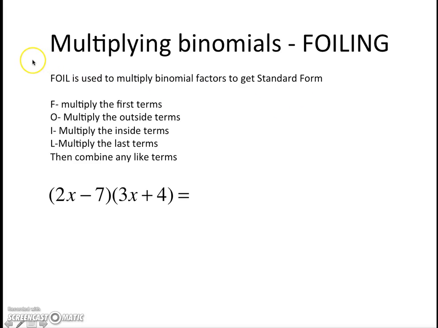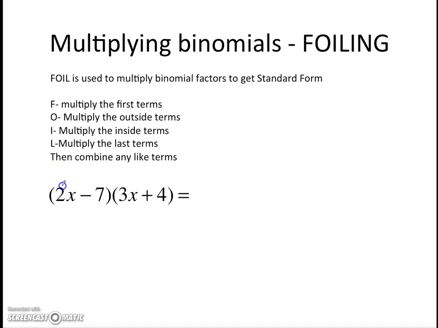Multiplying binomials. You may have experienced multiplying binomials and know how to do it using the acronym FOIL. FOIL is used to multiply binomial factors to get standard form. F stands for multiplying the first terms, O is the outside terms, I is the inside terms, L is the last terms, and then we're going to combine any like terms we have. So what that means is